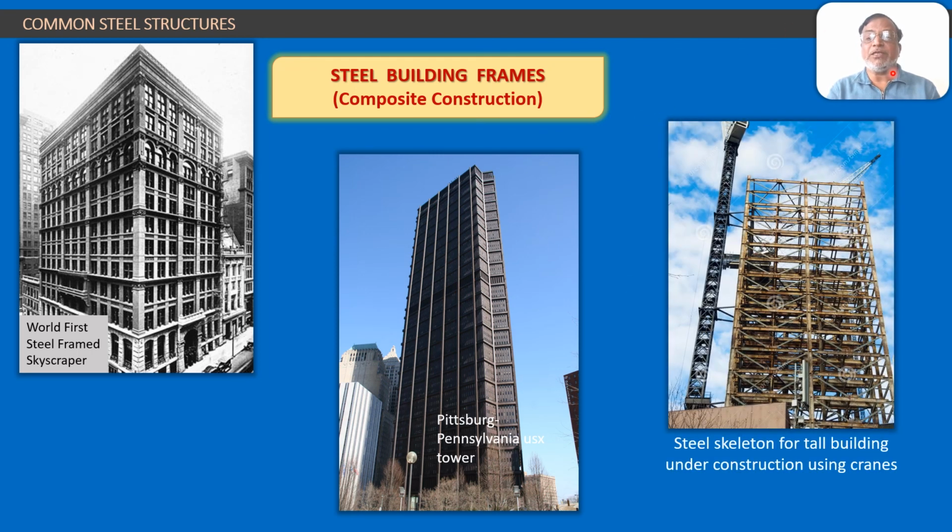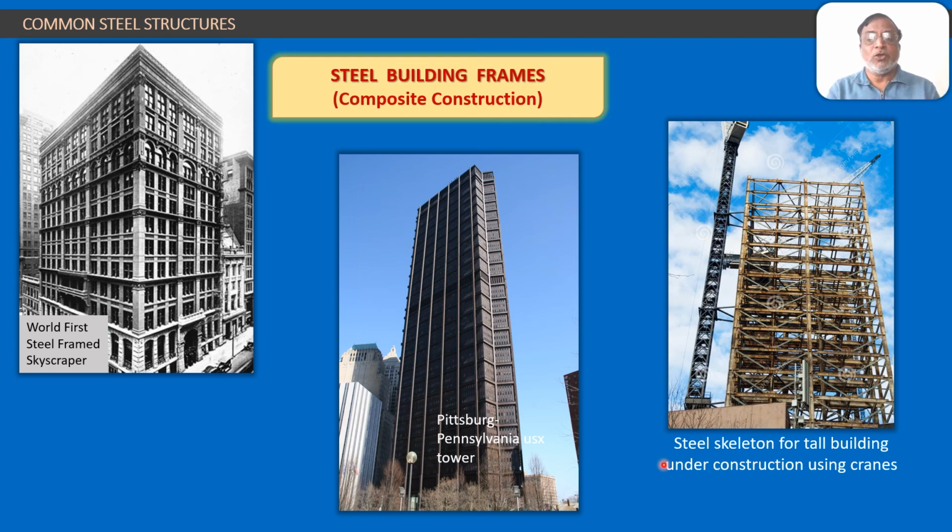In this third picture, we see a steel skeleton. All this entire skeleton, actually these buildings from inside they are like this. The skeleton is being constructed by huge towers and cranes, and this is the steel skeleton under construction of a